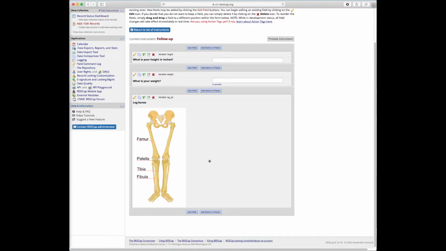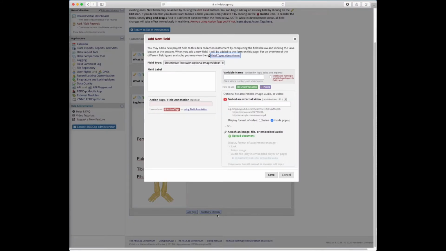So if you're going to embed videos in your project, post them, upload them to another hosting website like YouTube, and then embed the URL, and it could still link from YouTube and appear in your project. Okay, we're going to go on following down our instrument 2 list on page 2, and I'm going to choose